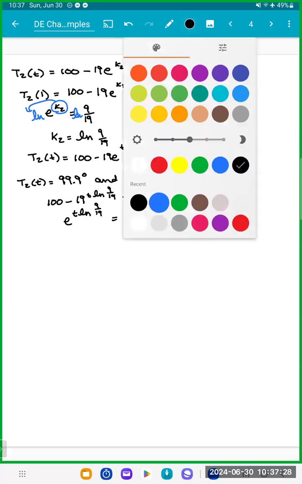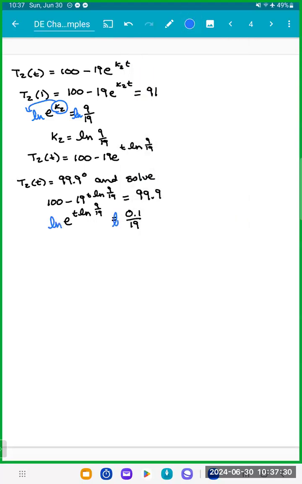Again, taking the ln of both sides, we end up with T is equal to ln of 0.1 over 19